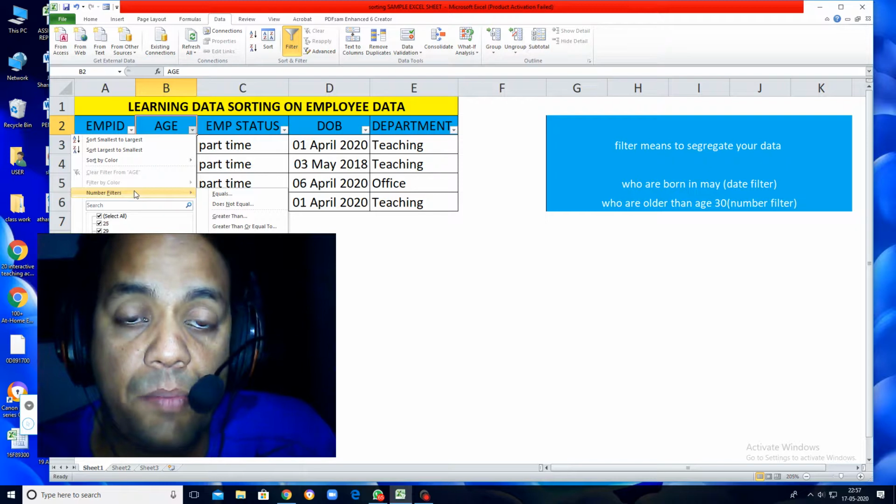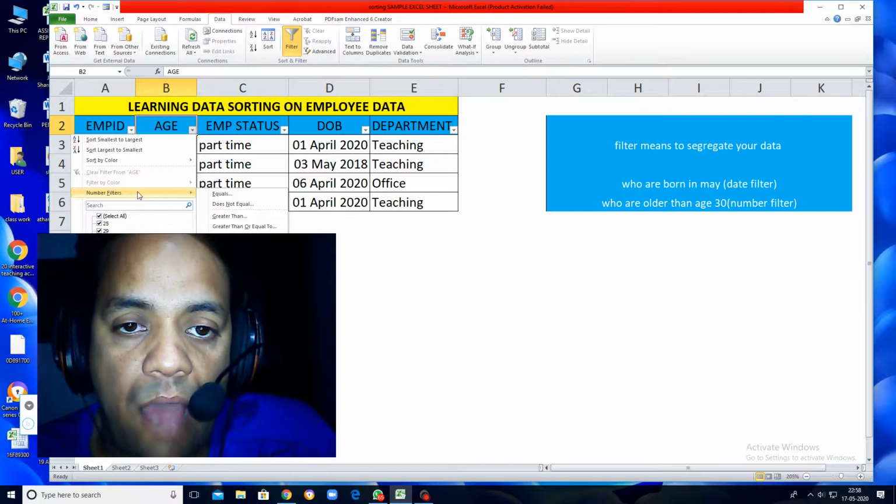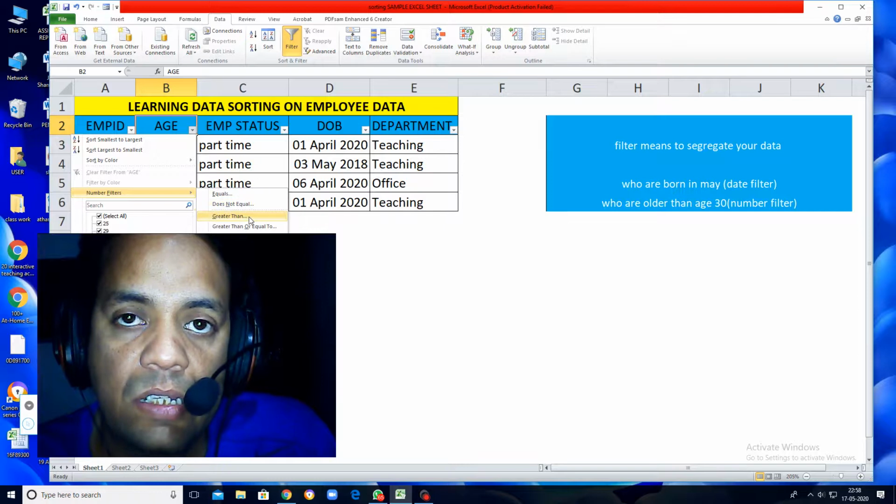Expand it. What option is coming? Number filter. Remember, the type of filter depends on the data written inside it. Age is numerical, so the filter category is coming as Number Filter. Our question is more than 30. So I will expand this Number Filter option and go to Greater Than.